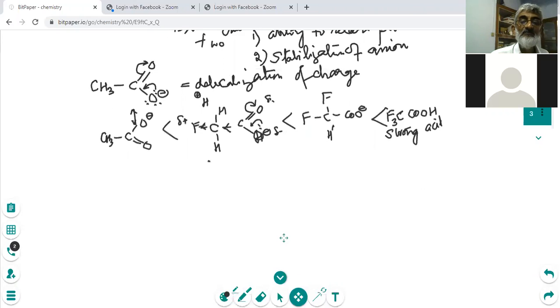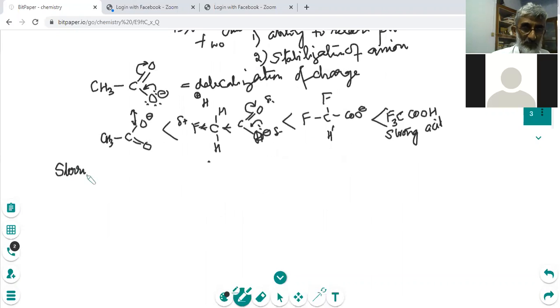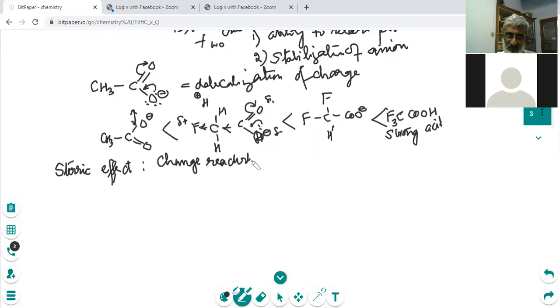Steric effect. Steric effect means change in reactivity or change in property due to bulky groups, that is, due to the bulkiness of groups. Okay. See, for example,